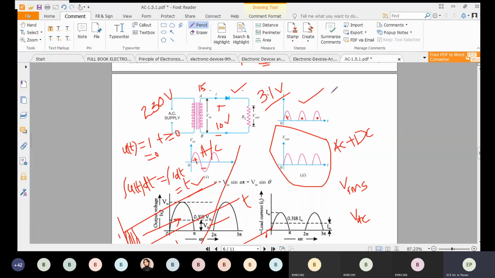Now, if I would like to get 5 volts, I am supposed to give around 20 volts. If I give 10 volts here, then only I will get 5 volts at the output. So that's why they are talking about this, right? This is the AC value, that is the DC value. Now, keeping that in mind, if you calculate the ripple factor, this is going to be 1.21, right? So how this rectifier will work, and what the efficiency of the rectifier is, all those things we're going to see.